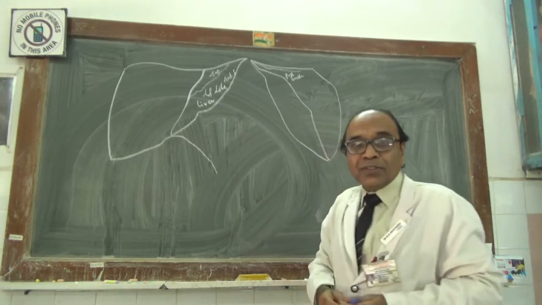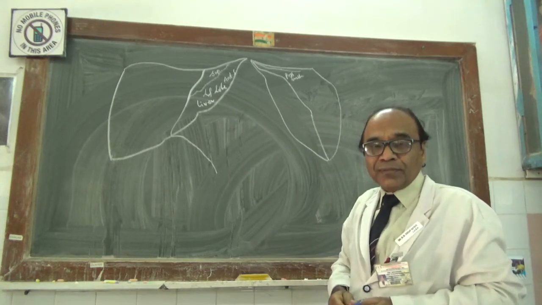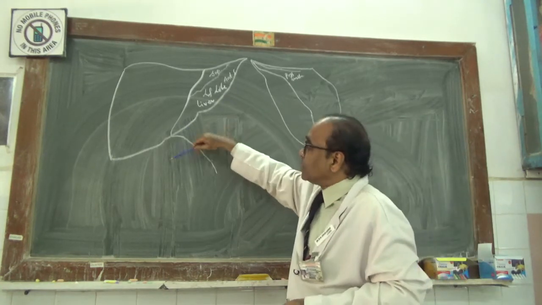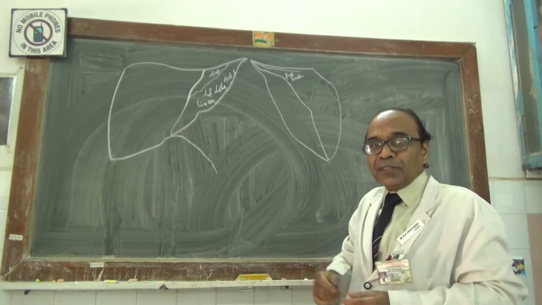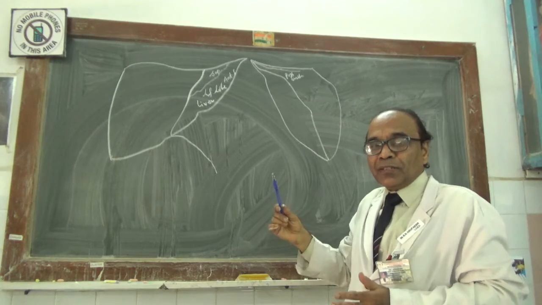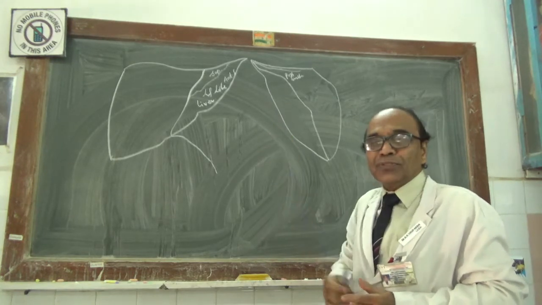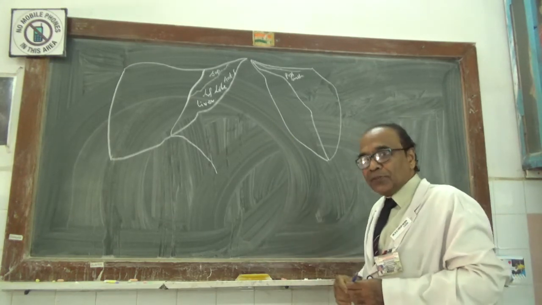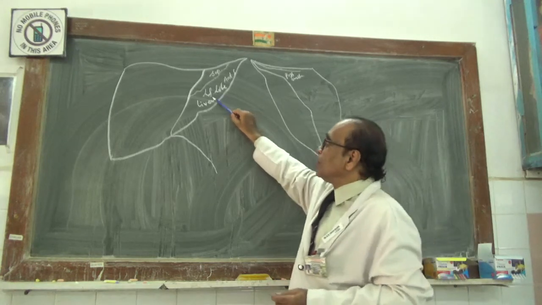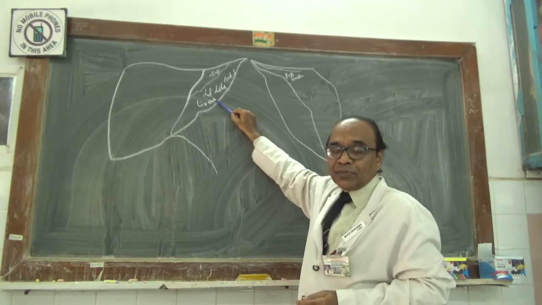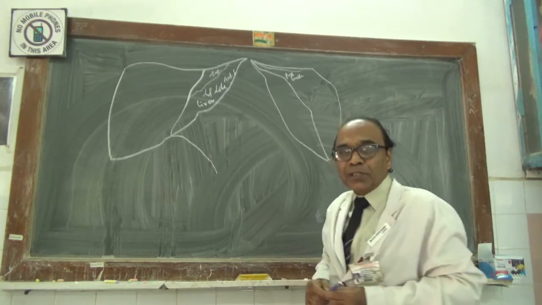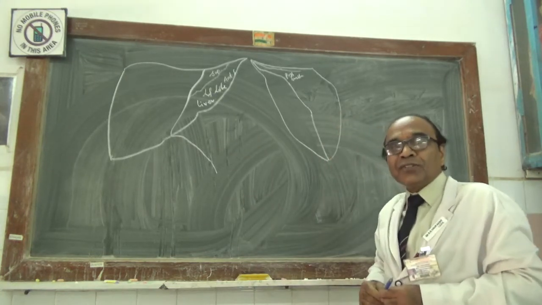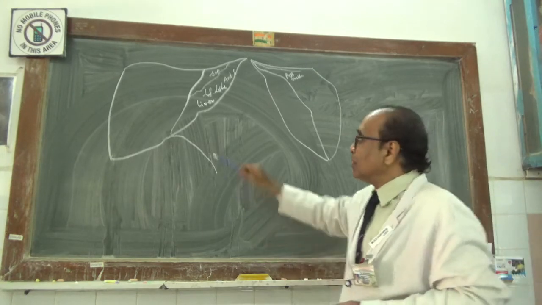It is smooth, glistening, like the diaphragmatic surface of the right lobe of the liver in particular, and in general the diaphragmatic surface of the liver itself. Now this anterior surface is directing forwards, and it is a little bit bigger than the other surfaces of the left lobe of the liver.